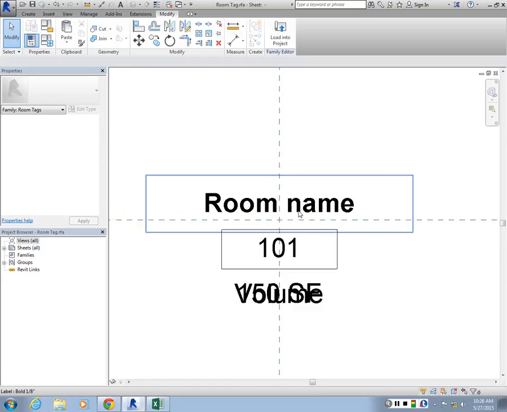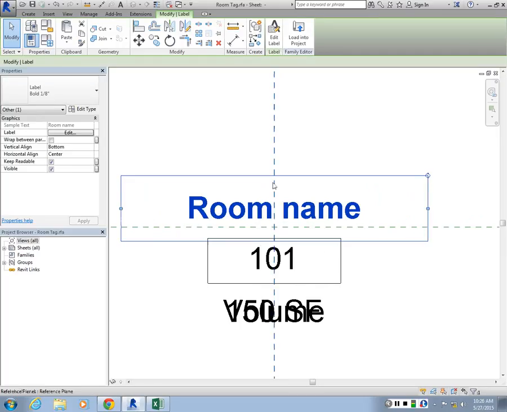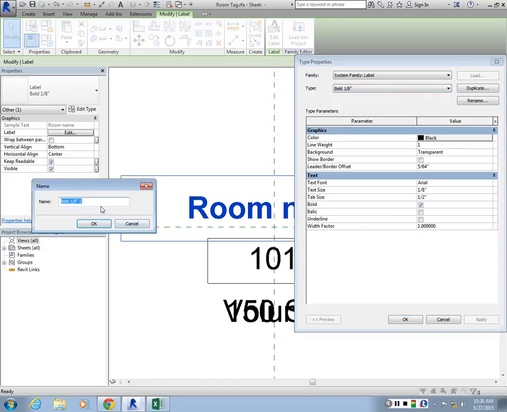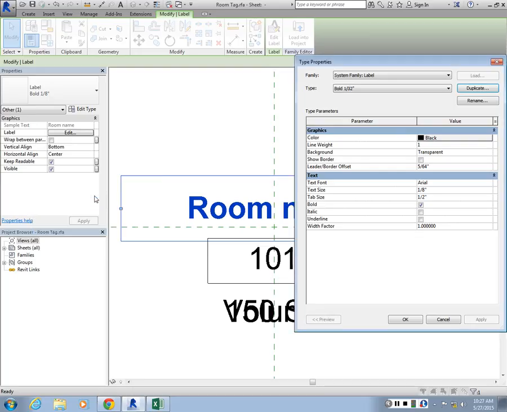So for instance, if I want to change the label text, so let's say this is room name, I can go to edit type for the label. Right now we're using bold 1/8 inch, so maybe we want to make it smaller. I can duplicate this. Let's create a variation 1/32, and I'm going to enter the text size as 1/32 inches, and I'm going to keep it bold, maybe text font. I'm going to use something else. So let's say,